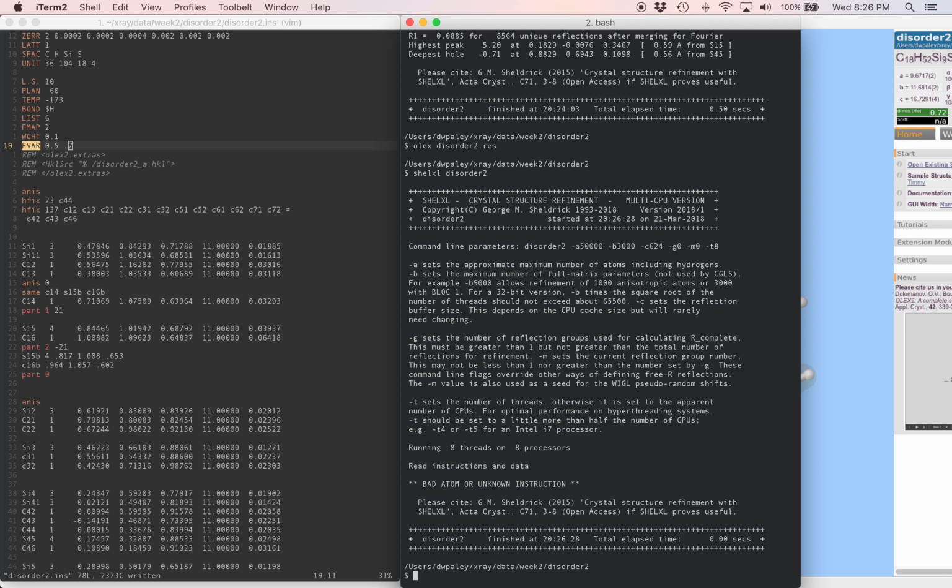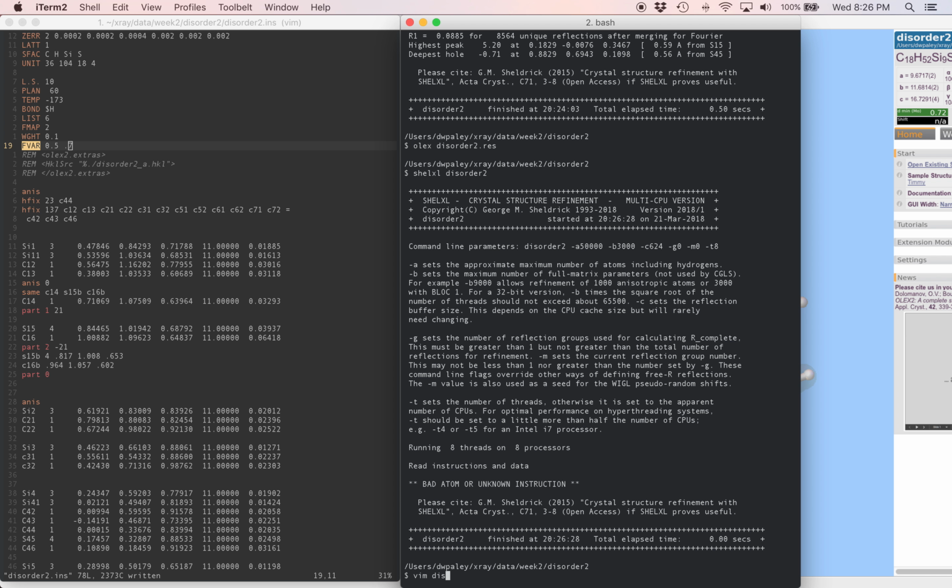Bad atom or unknown instruction. What does that mean? Oh, I see the problem. Well, you know what? Let's figure out the problem so that we can see how to deal with something like this. Let's take a look at